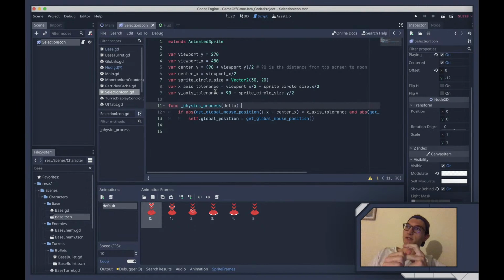I think we should just spawn it at the center. I think that's the easiest way to go. Because, yeah, so then we can just go